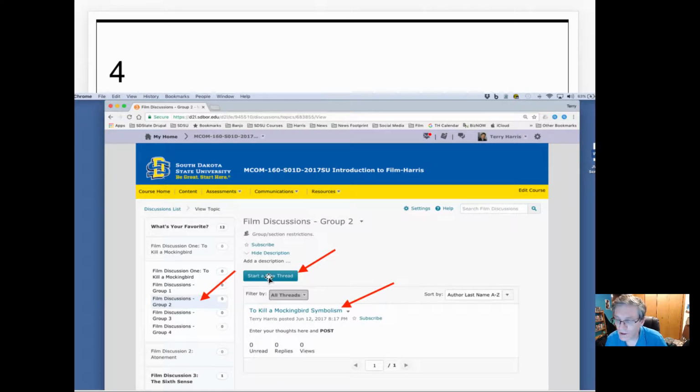And you're either going to start a new thread and click on that, or you're going to see an entry right here like I did, and you're going to click on that to reply to that post, to that thread. So you can either start a new one with a new category, like maybe first you do the message of the film and write your thoughts on that, and then anyone in the group can respond to that thread. And each of you can add to it, and then it's all in one space so you get some feedback and see what others think and go from there. Okay, so once again, you'll go to your group. It should come up. You hit start a thread or reply to a post that's been put in there.